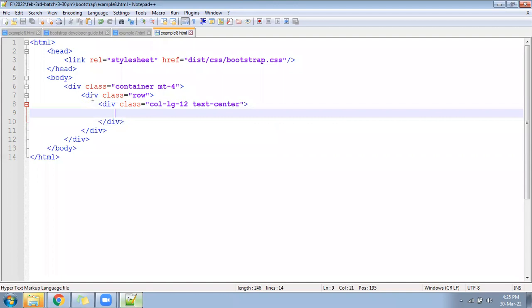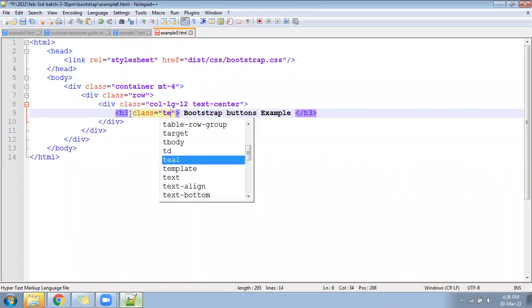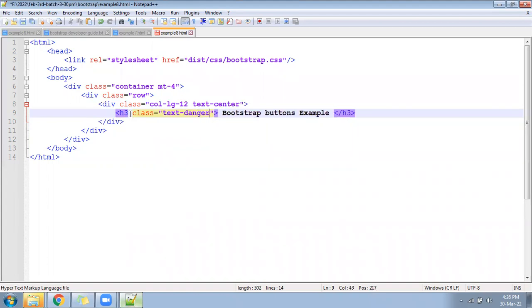Now after this, we can write an h3, Bootstrap Button Example, class equal to text-danger, red color, and mb-4 so that some space will be there at the bottom.